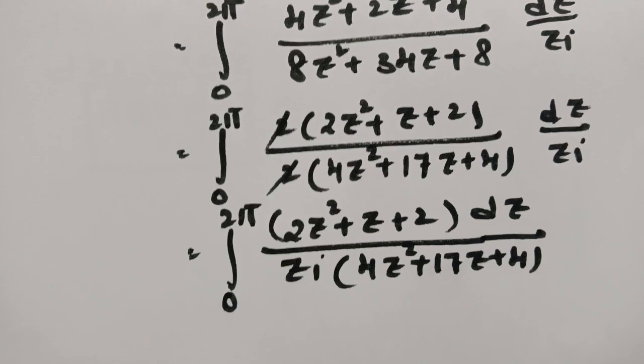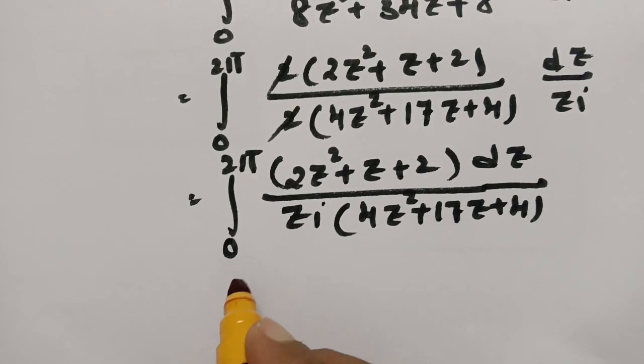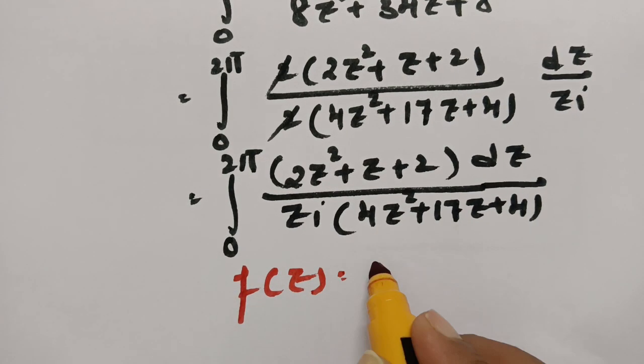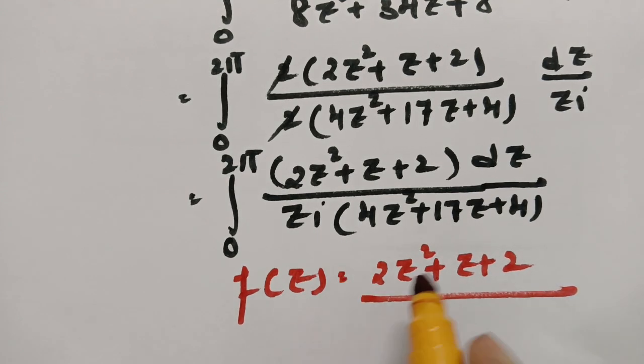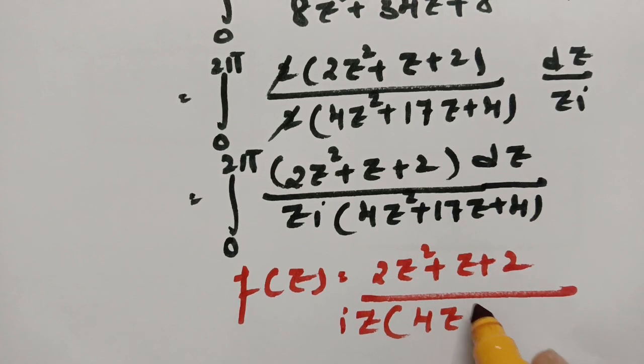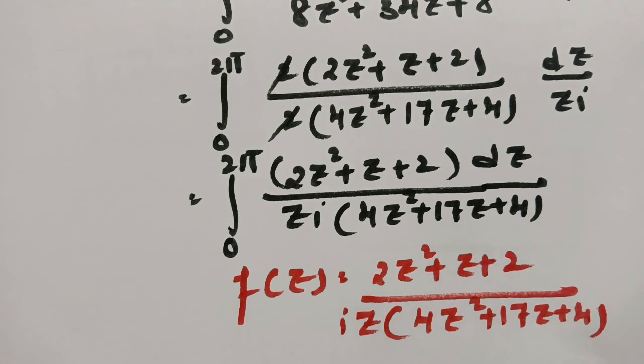Now I am going to take this f(z) value. f(z) is very clearly (2z² plus z plus 2) divided by i into z times (4z² plus 17z plus 4). Clear? So we need the poles for the given equation. In order to find the poles,